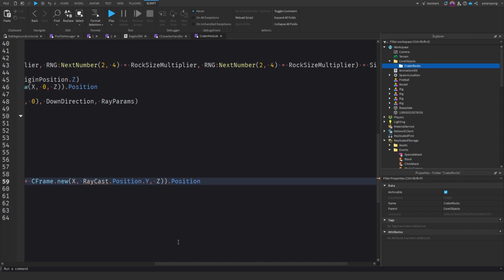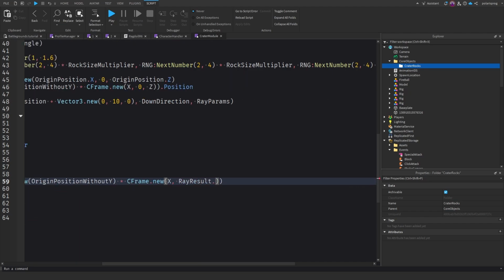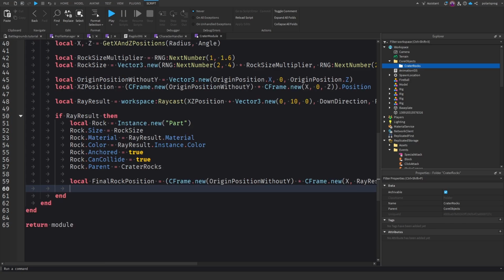So local final rock position is going to be parentheses CFrame.new original position without Y, of course. I'm going to multiply that by CFrame.new and X comma ray result dot position dot Y, and I think that's all we need, and then the Z, and then dot position at the very end. And now we can do local final rock CFrame, and that's going to be equal to CFrame.new and final rock position and origin position without Y,